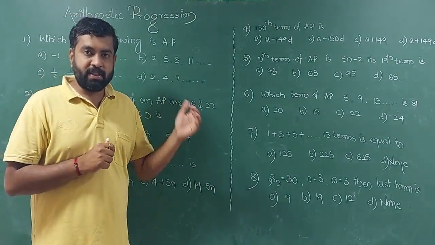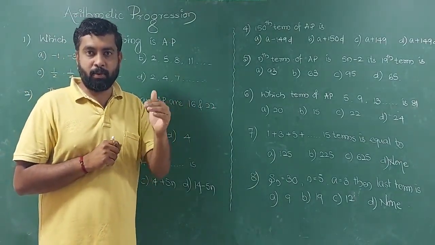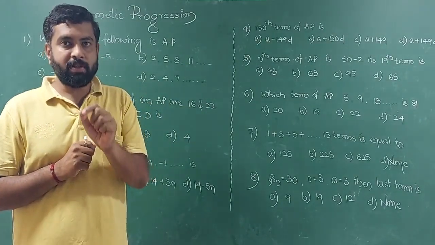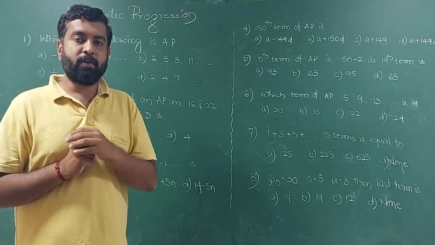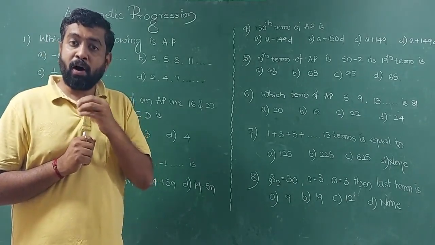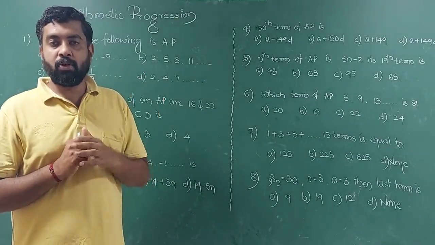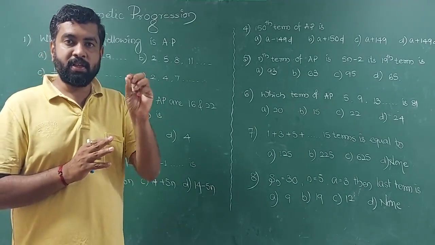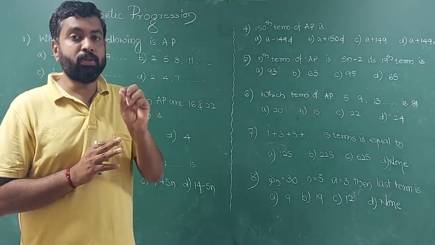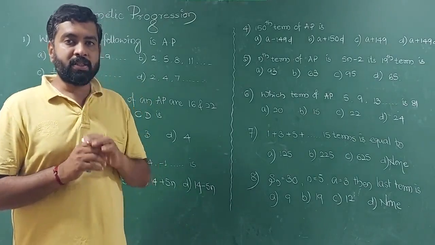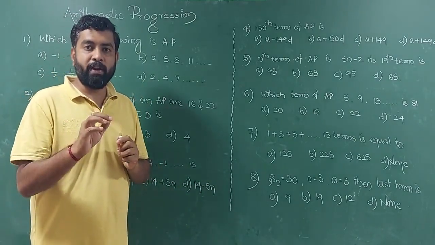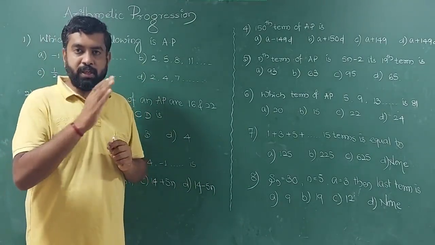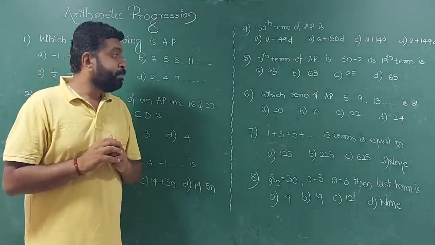And we have Sn. There are two formulas. Sn is equal to n by 2 into 2a plus n minus 1 d. This formula is applicable for all the problems. And one more we have, called particular relation: Sn is equal to n upon 2 into a plus an. This formula is used only when first term and the last terms are given. So, these you need to list down.